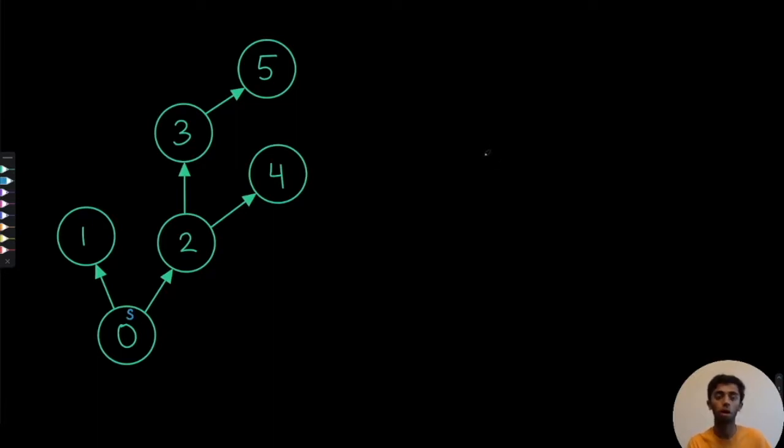So I want to go ahead and walk through what the DFS looks like with the stack, and I hope you'll be able to see that it is very, very similar to what you know in terms of BFS with a queue. So let's go ahead and create a stack, which is just going to look like our queue. It's just going to be an array that contains some elements. The difference is that whenever we want to remove an element, we're going to do it from the right-hand side